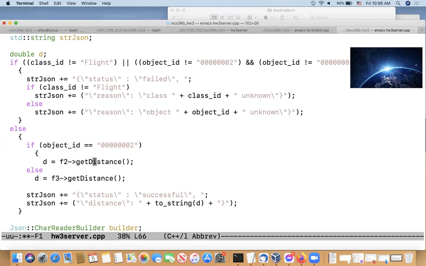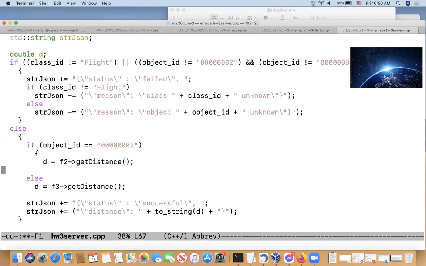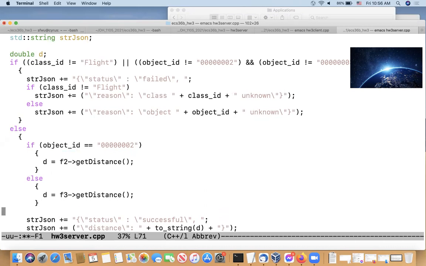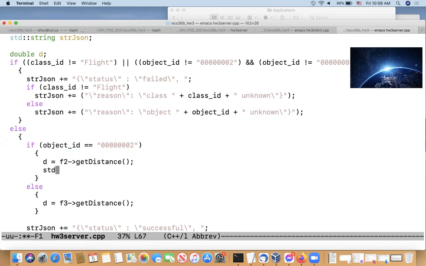Just modify this a little bit. You can sometimes add a statement to make sure you understand your own code a little better and know what's going on. So I'm going to print out something with cout. I would just say this is hw3 server